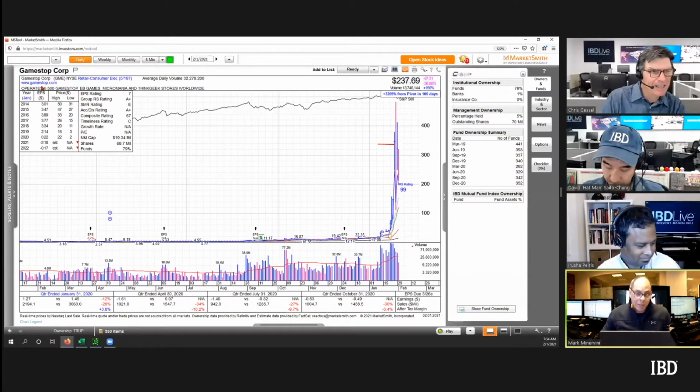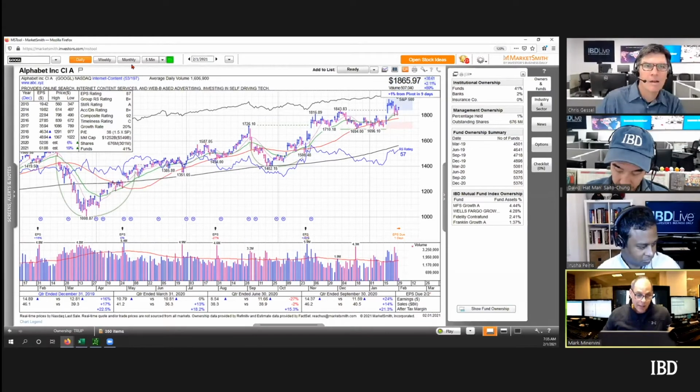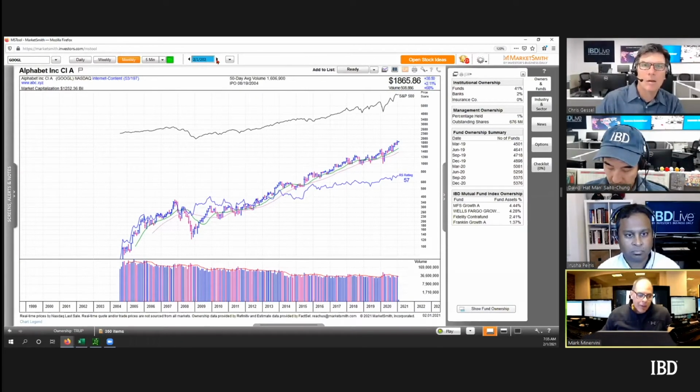You don't always get it, but sometimes you get a low cheat, a cheat, and a handle. Sometimes you get just a handle. Sometimes you get just a low cheat. Google came out of a low cheat. If you go back, look off the IPO, Google came off of a low cheat, and you never got a handle. So yeah, that's my signature, and it has to have VCP characteristics, volatility contraction pattern characteristics,